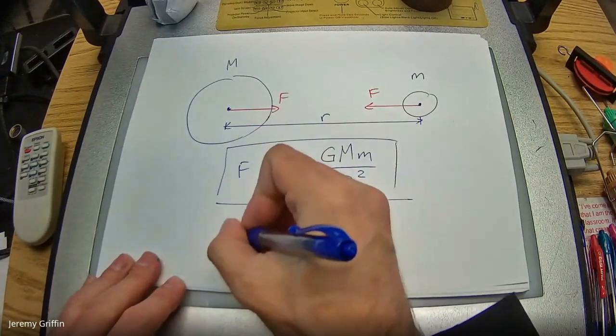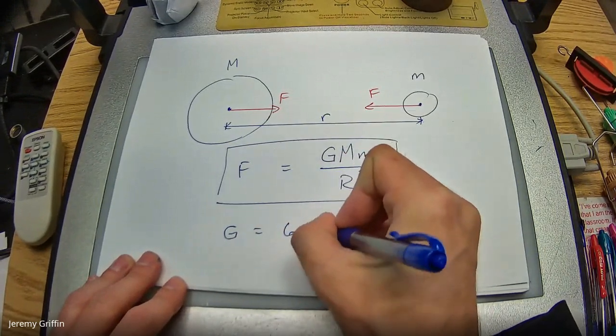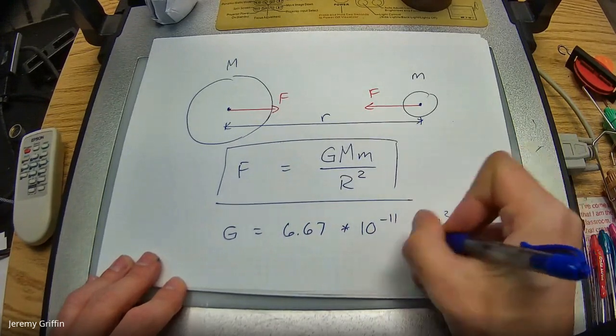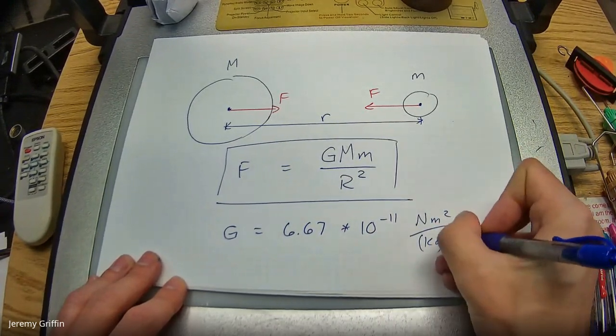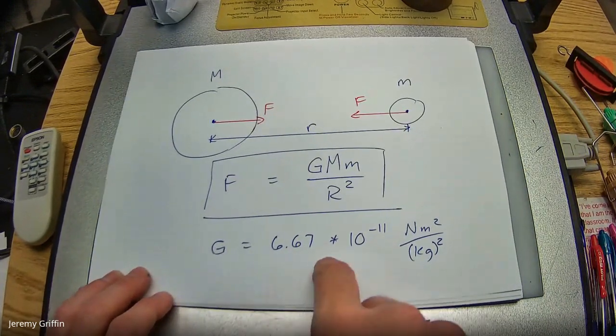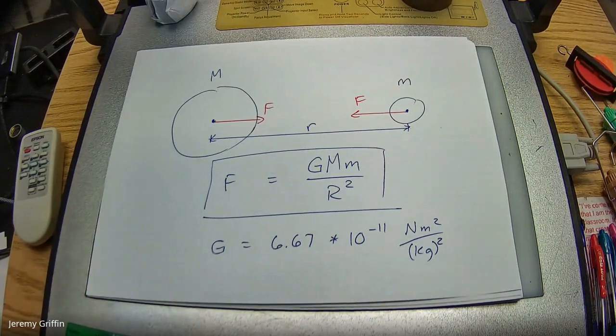And that universal gravity constant is a very, very tiny number. 6.67 times 10 to the minus 11 meters squared per kilogram squared. That's like 0.000, just a string of zeros before you even get to any digits. This number is so small. That's what that exponent means, right? Remember? What can you do with that?